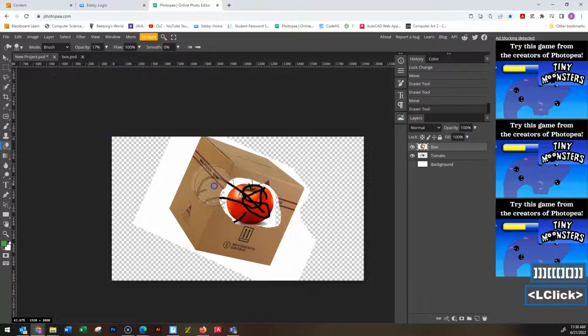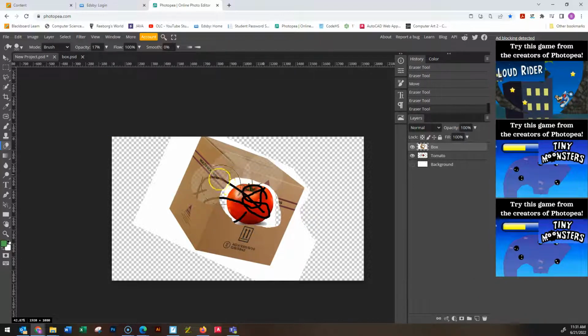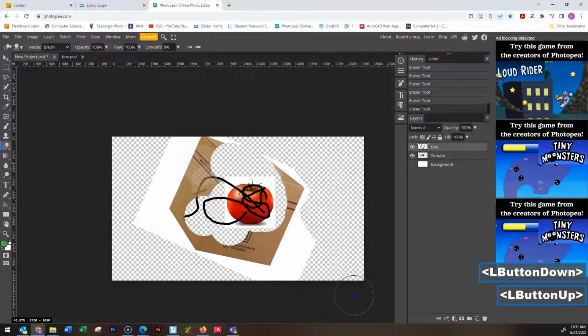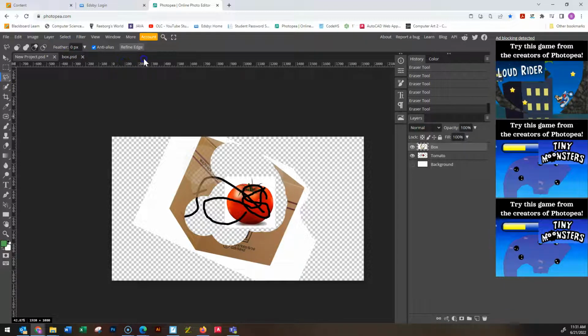So I've got a brush here, and I turn down the opacity, and you'll notice now when I'm deleting, it's not deleting the entire box. It's just kind of deleting pieces of it, but you can still see pieces of it. And if I turn my opacity up, it's going to delete everything every time I click or drag. So, little options like that, you will go up to the top menu to use those within any given tool. And you'll see that a lot. I'll just make sure that I'm showing you which way we need to go or what you need to click on. So that's a very basic run through of the menus and the way that you can interact with your documents